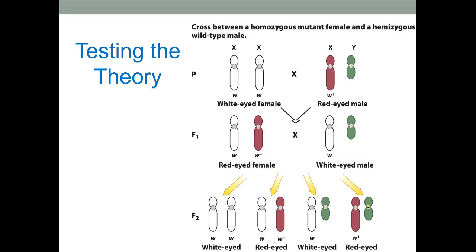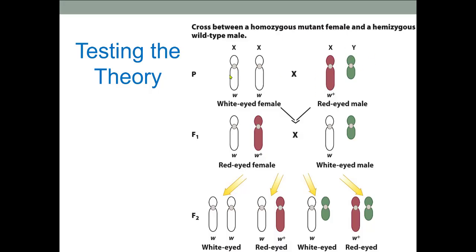Once we have that white-eyed female, she's pretty rare, but once we got her out of that cross we just talked about, then we can start messing around a little bit. Now we have the ability to do a test cross effectively, but with the female being the test cross partner. So now what happens? If we take a red-eyed male and we cross it with her, we would predict, based